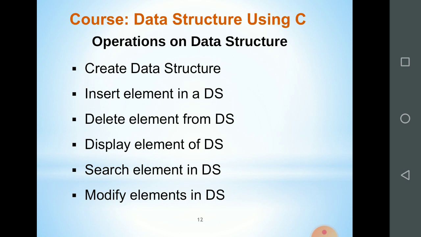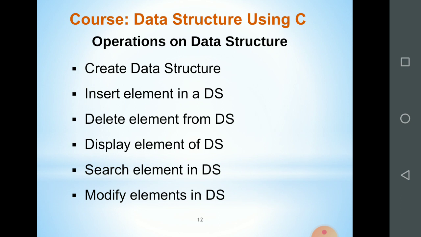Operations on data structures. When we are implementing a data structure, we have to perform some operations on it. These operations are known to the user, but the implementation details are hidden from the user. Just keep in mind that we have to design or implement the data structure in an abstract way.